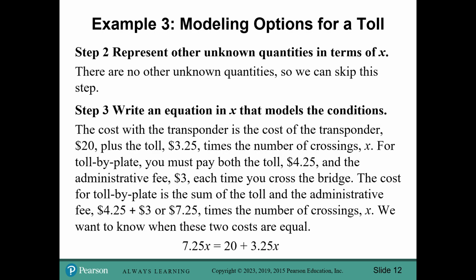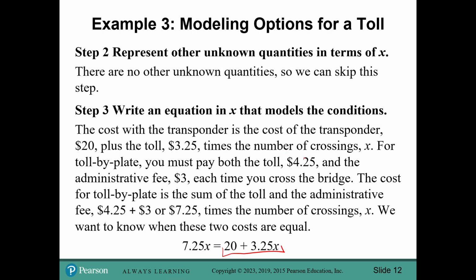Okay, this is where we get into the meat of the problem. The cost of the transponder is $20. They only charge you that once, plus the toll, which is $3.25, times the number of crossings, X. So essentially, one side of our equation is the cost of the transponder plus the $3.25 times the number of times we cross the bridge. We want to see when that is equal to